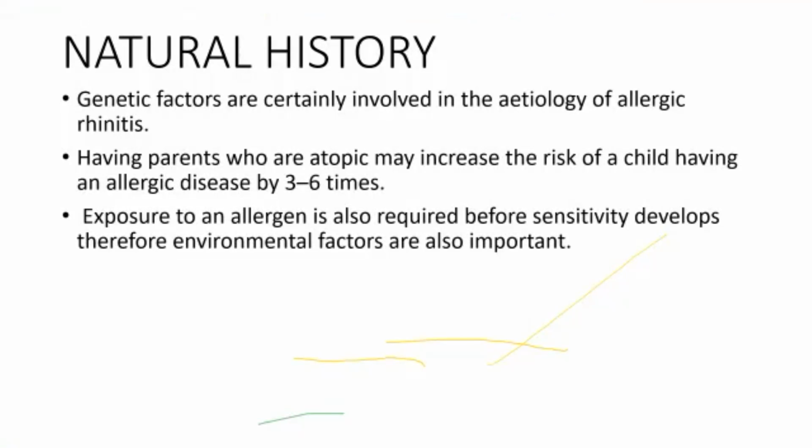So this is very much true for any disease: there are genetic factors and environmental factors. Genetic factors are the etiology, and as you know, the risk is 3 to 6 times more. Exposure to allergen is also very important. Environmental factor is also environment. So you can just remember GE, like gastroenteritis. G is genetic, E for environmental. So genetic and environmental factor, blindly you can write in any disease. This is easy to remember. And genetically it is 3 to 6 times more prone.